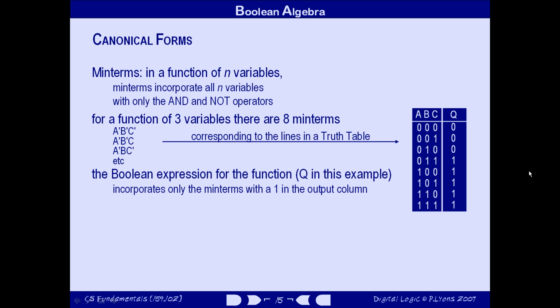Informally, we can say that wherever there's a 1 in the output column, there's a corresponding combination of inputs, the adjacent minterm, for which the function must produce a true output. And if any of those minterms is true, the function must be true. So we can write down a Boolean expression for q simply by writing out all the minterms that generate a 1 in the output column. And since if any one of those minterms is true, that's enough to make q true, we put OR operators